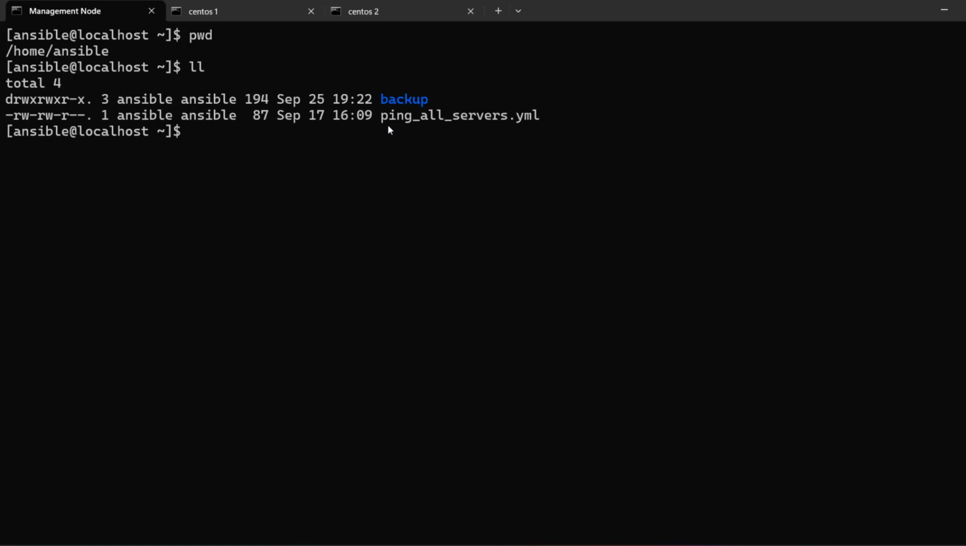We don't need to bother about all this now. Now let's go ahead and start creating our playbook. In order to create a playbook, as I told you, we need to have a host file, which is also called an inventory file. So let's create our inventory file first and let's call it